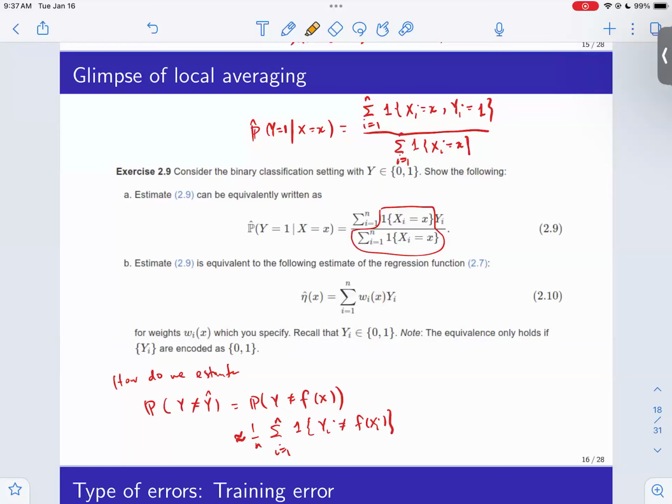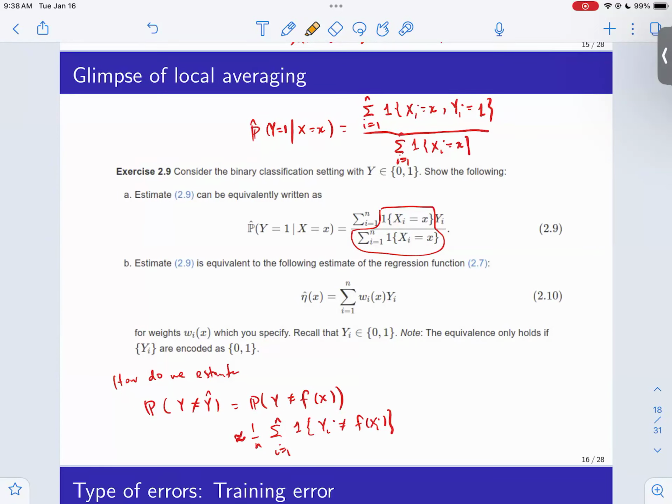In this case, they're going to be exactly 0, because you're looking at discrete features, unless the feature in the training set, xi, and the one that I'm going to try to predict, x, match. If they match, then it's going to be 1, otherwise it's going to be 0. So I'm going to look at all the training data for which their feature matches exactly my feature. And then this weight is basically like 1 over the total number of those.